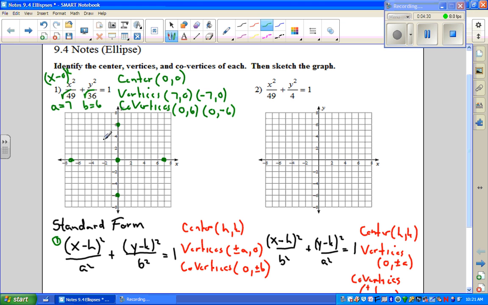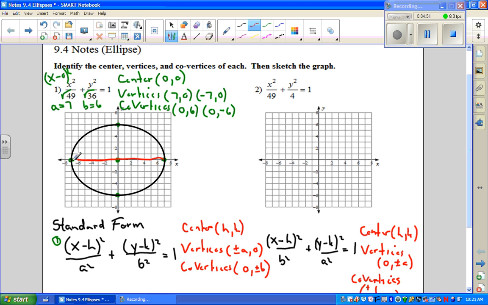Okay, and now you have these points to go ahead and graph your ellipse. So I'm going to go ahead and show you exactly what that's going to look like. I'm going to start right down here in this corner, and I'm going to make my ellipse here. Okay, another thing that I want to show you about the ellipse, all right, this, from vertex to vertex,